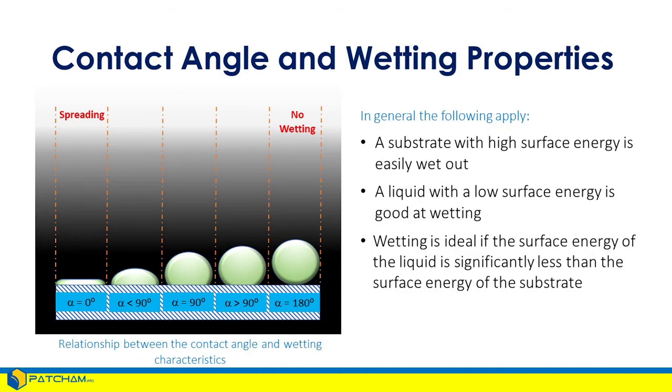That means it's spread out on the liquid. On the right-hand side, we see the extreme case where the contact angle is 180 degrees. It exists as a sphere. On the right-hand side is an example of mercury. And on the left-hand side is an example of a coating that applies to a substrate that exhibits good wetting. So liquids with low surface energy are good at wetting. And keep in mind that the liquid's surface tension must be equal or lower than the substrate.